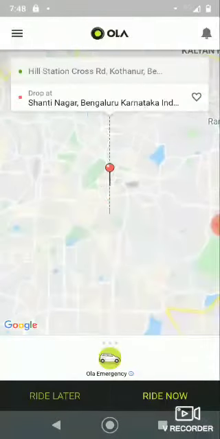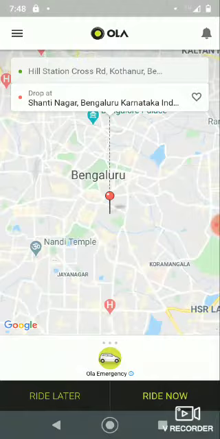See, I selected the second one. The map is already showing you Shantinagar, where you want to go. Immediately this page will direct you to the cabs. Here you have different kinds of cabs like micro, mini, premium, and sedan cars. If you are alone, you can go for either micro or mini. If you are two or more, or have more luggage, you can go for sedan or premium, whatever you want.